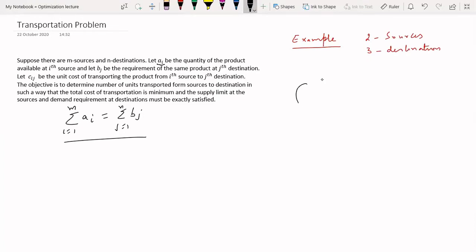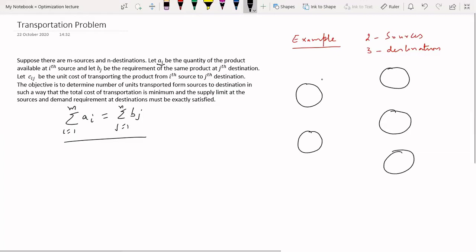Suppose I have the sources as this, and I have 3 destinations. So suppose this is my source 1, source 2, and this is my destination 1, destination 2, and destination